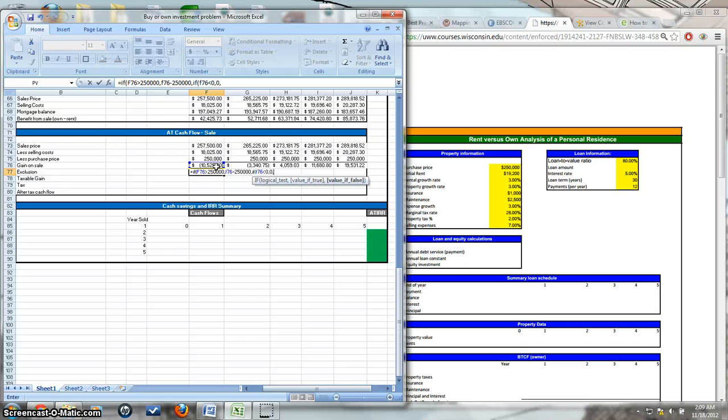If false, then you're going to do, I gotta think about this, it does get a little bit complicated, I'm not gonna lie. You are going to put the value of F76,